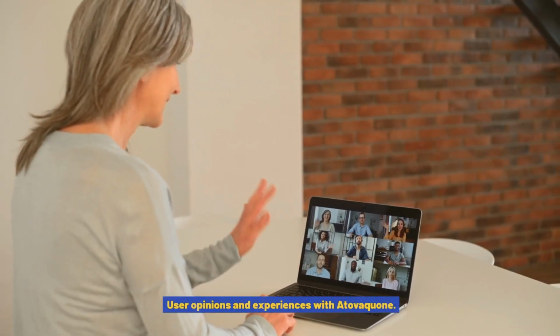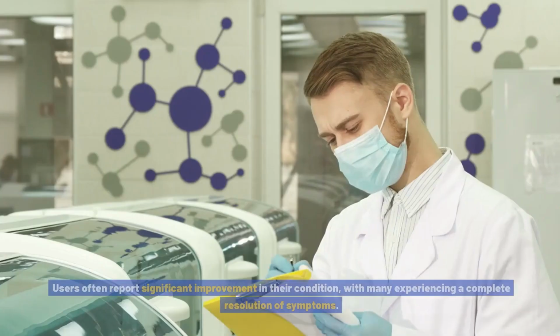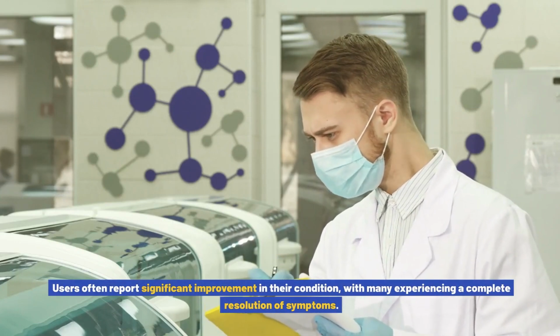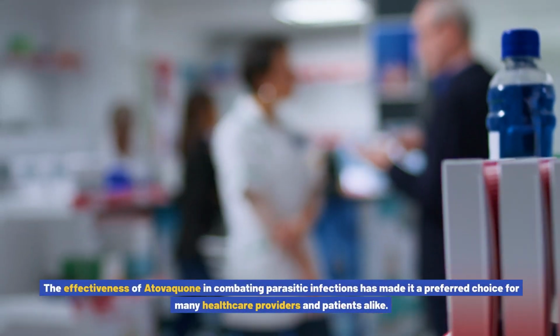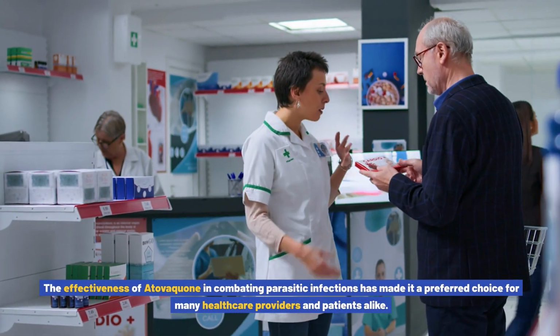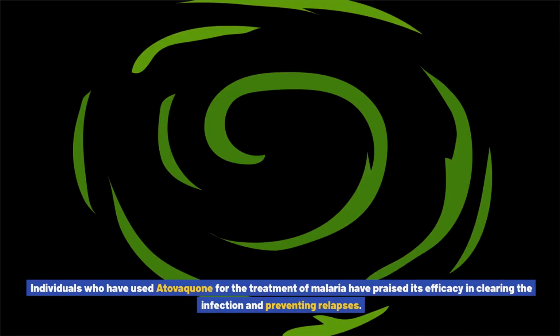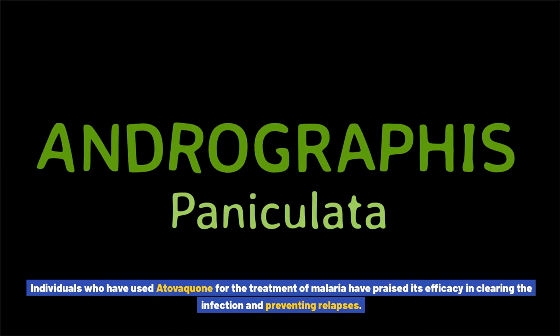User opinions and experiences with Atovaquone. Overall, the feedback from those who have used Atovaquone has been positive. Users often report significant improvement in their condition, with many experiencing a complete resolution of symptoms. The effectiveness of Atovaquone in combating parasitic infections has made it a preferred choice for many healthcare providers and patients alike. Individuals who have used Atovaquone for the treatment of malaria have praised its efficacy in clearing the infection and